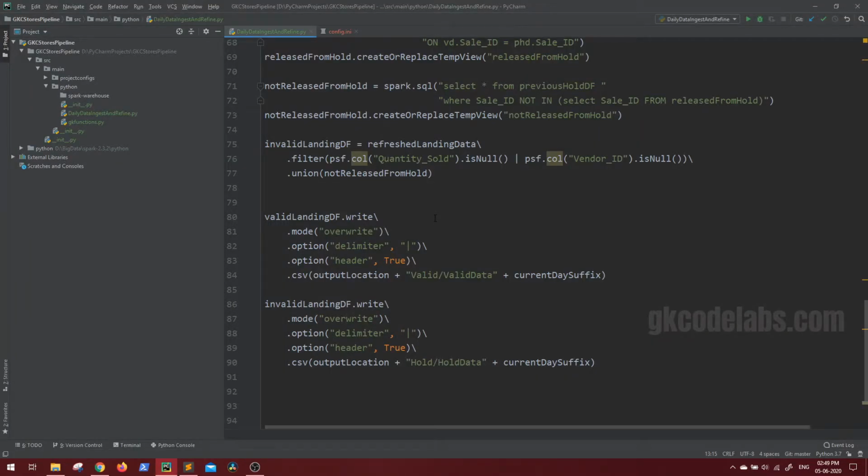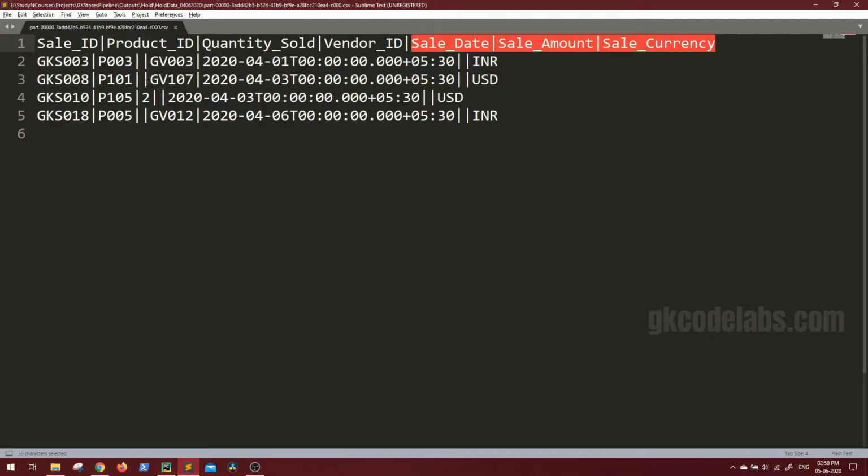This is a very important scenario in most Spark projects, where we have to compute some values depending upon previous existing columns and add a new column directly, or by computing some of the values from the existing columns. In our example, we have to see what values are missing. In case the quantity sold is missing, we have to mention quantity sold missing. In case vendor ID is missing, we have to mention vendor ID is missing. So let's see how to tackle this kind of scenario.